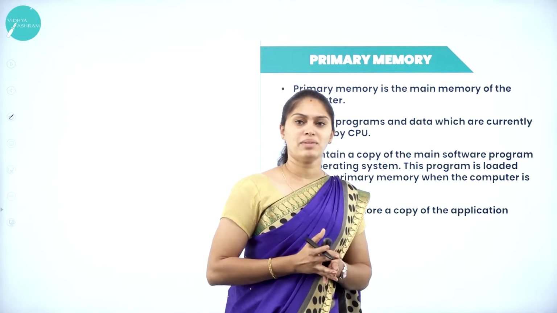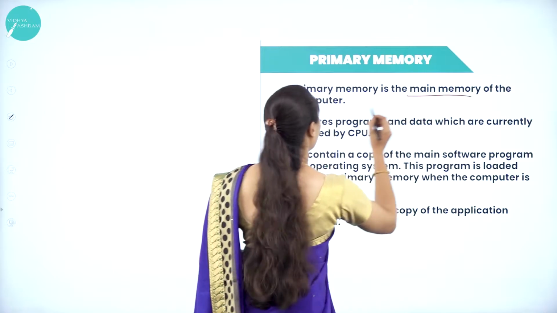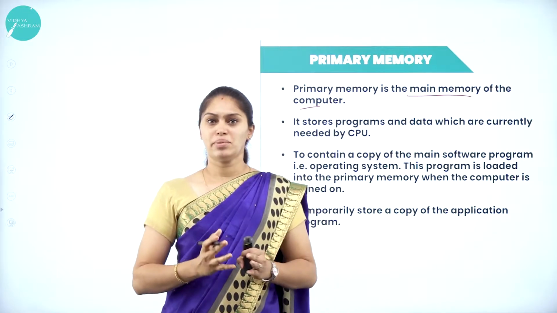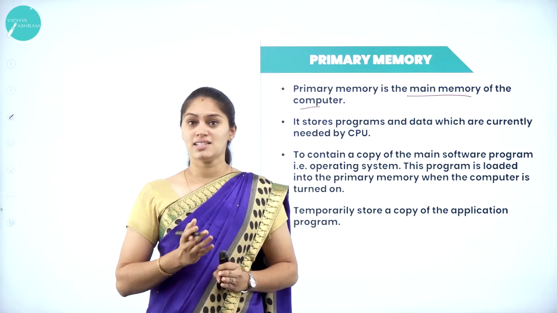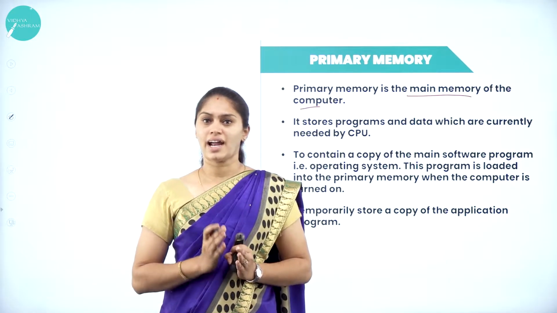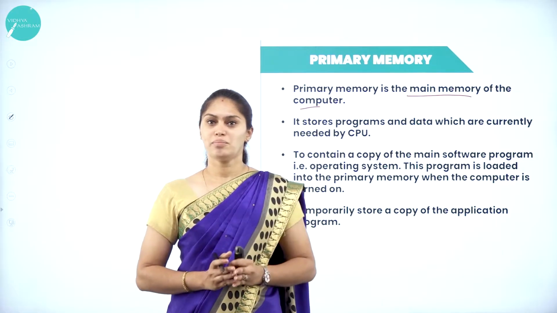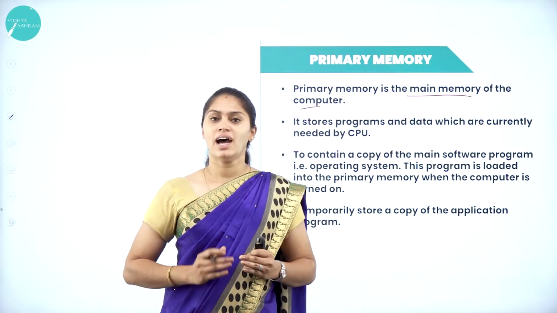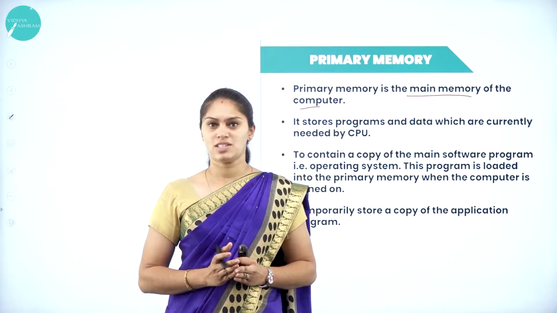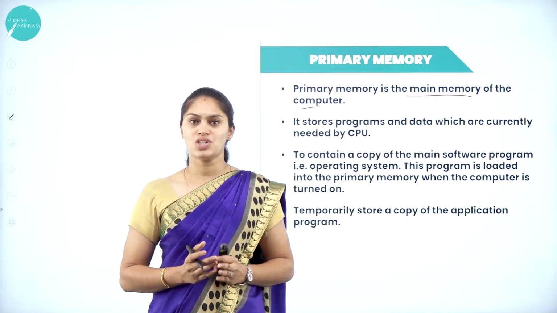What do you mean by primary memory? Primary memory is the main memory of the computer system. It stores programs and data temporarily. It is very fast and expensive, and it has the capacity to store a minimum of data and instructions. Those are the points you need to remember regarding primary memory. It is much faster, stores less data, and is costlier, and it holds the data and instruction temporarily.